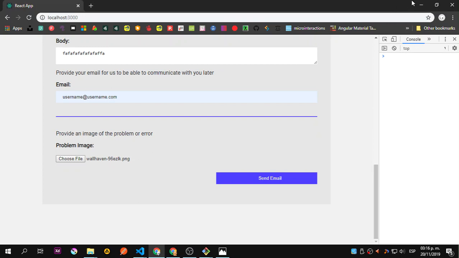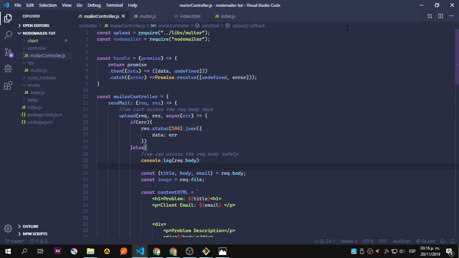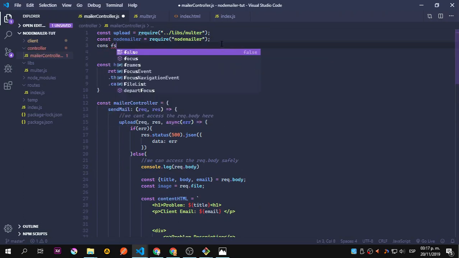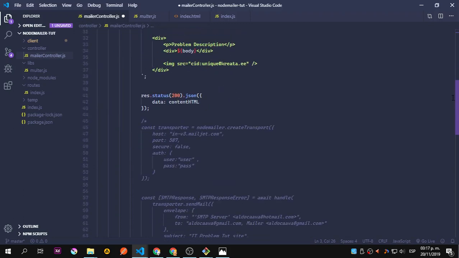I'm not going to type it, I'm just going to say it. You use the file system from Node. So const fs equals, sorry, require file system. Okay, so we require file system, and we say,